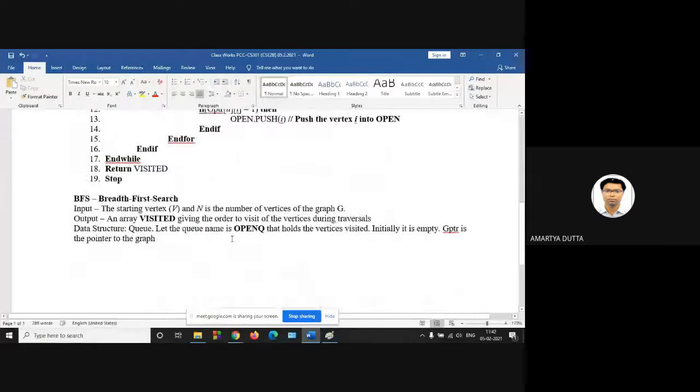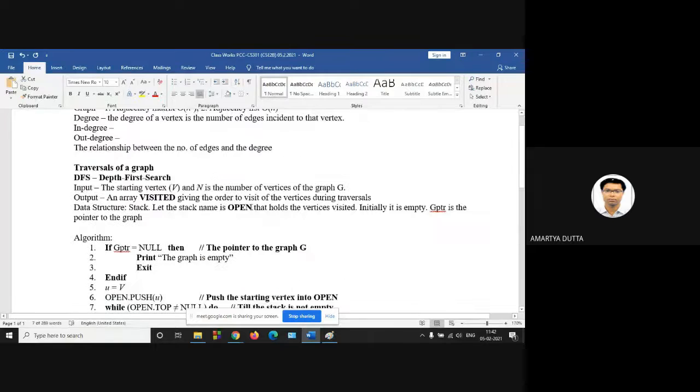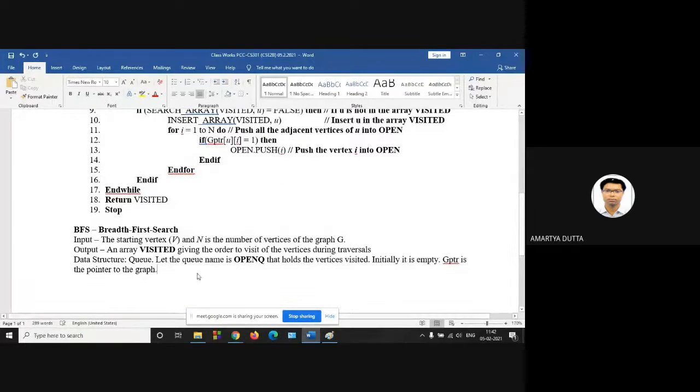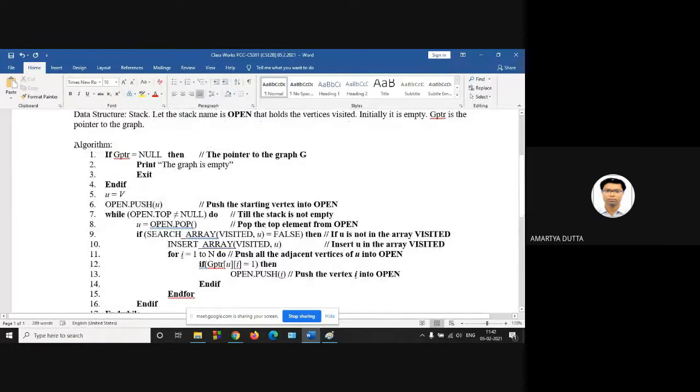So in BFS, the data structure is Q, and let the Q name be open queue that holds the vertices that are visited. Initially it is empty, and GPTR is the pointer to the graph. Now the algorithm is: